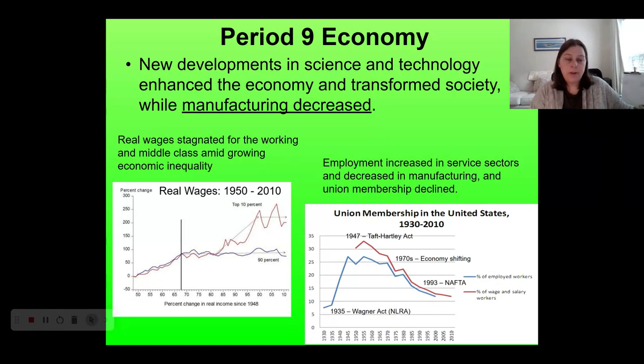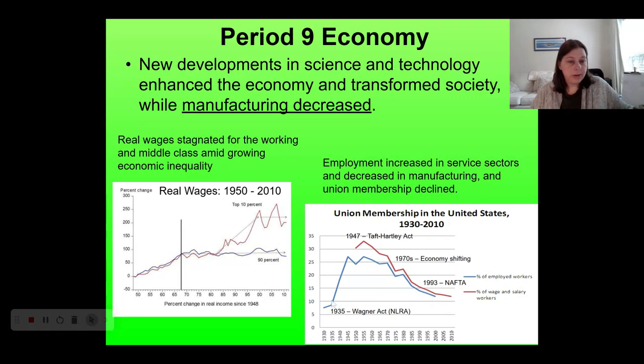And as manufacturing has declined starting in the 1970s, and service jobs and technological jobs have been on the rise, what has come with that for the American economy is, number one, a decline in the power of unions. That's what you're seeing in the graph on the right of the slide that I'm circling. The blue line is of all of the workers in the United States, what percent are unionized, and you can see that it's at its height from the 1930s, when unionism is legalized by the Wagner Act, all the way through about the 1970s when United States manufacturing starts to decline, and then it's been on a fall ever since.